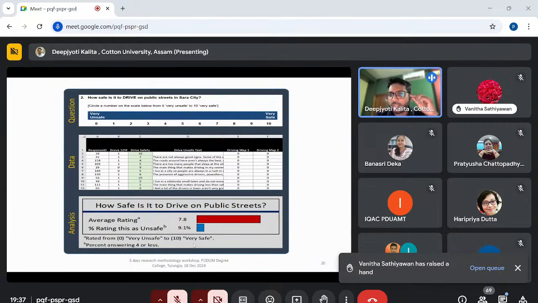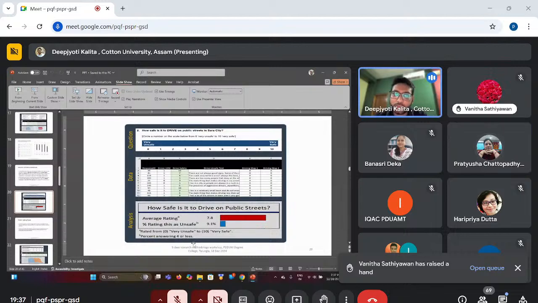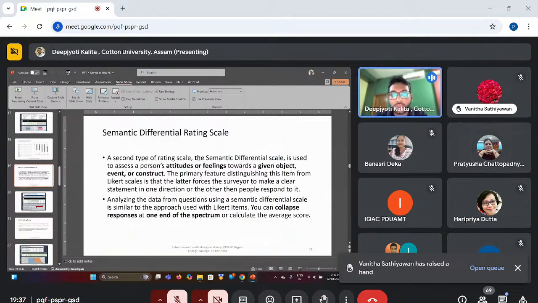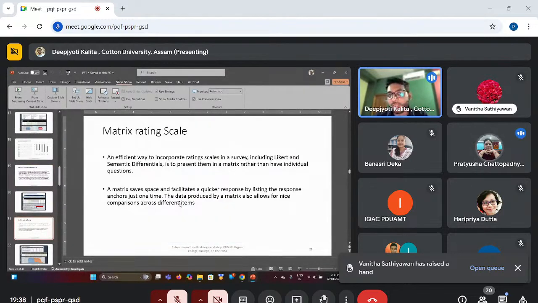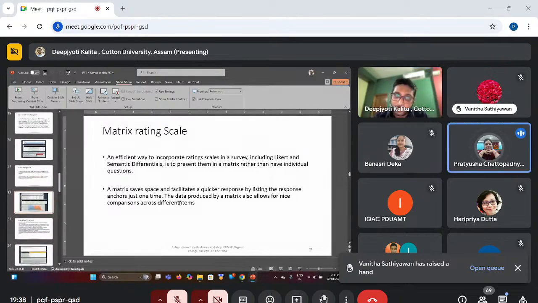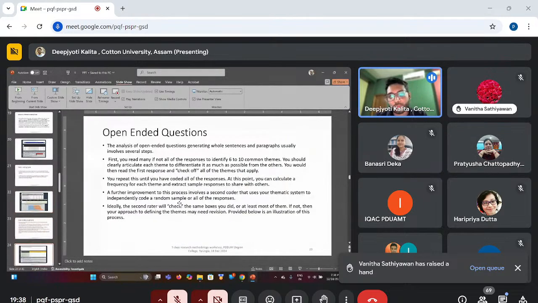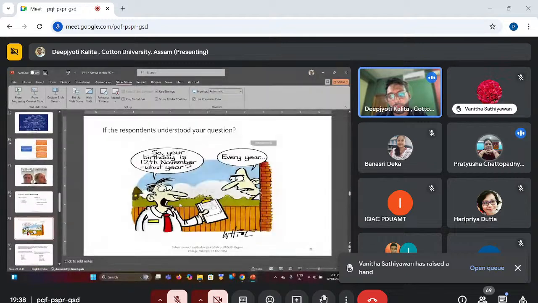So I hope you have got the point that it is representing a bigger picture. Yes, sir. It's a little bit clearer. I think it's an extension of the Likert scale, probably. Yes, that's what I have already mentioned. It is an extension of the Likert scale. And if you mix up both Likert and semantic rating, then you will get a matrix rating scale. Yes, got it. Thank you, sir. Again, it will be dependent on your population, sample population. Okay, sir.